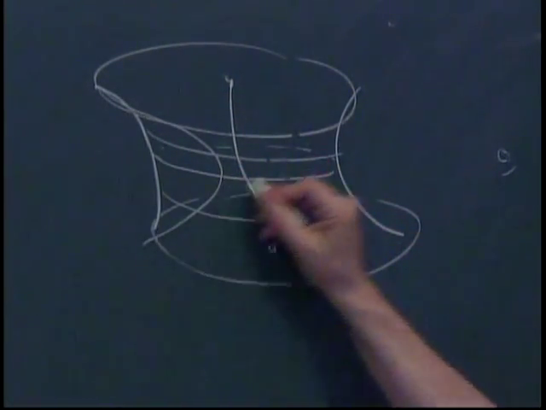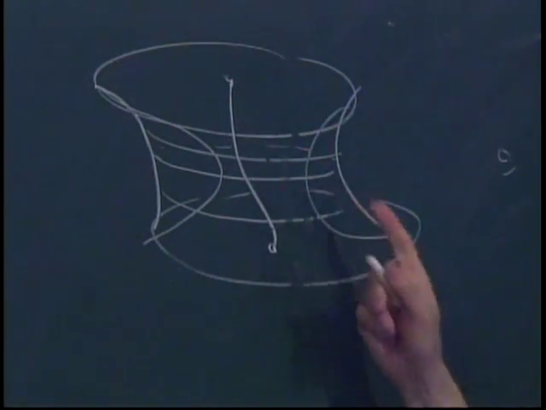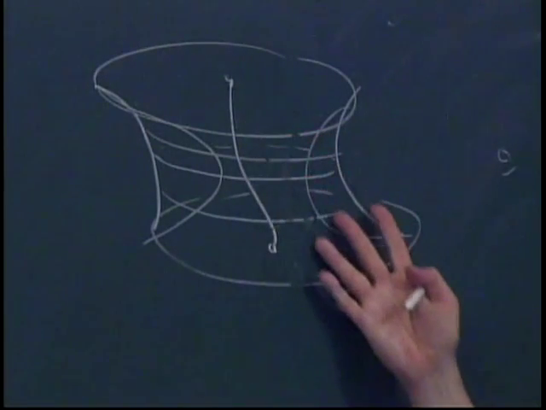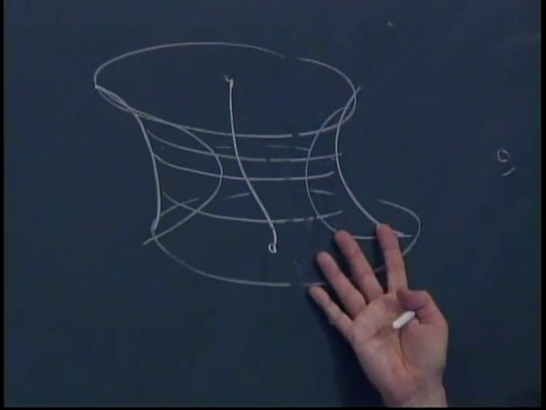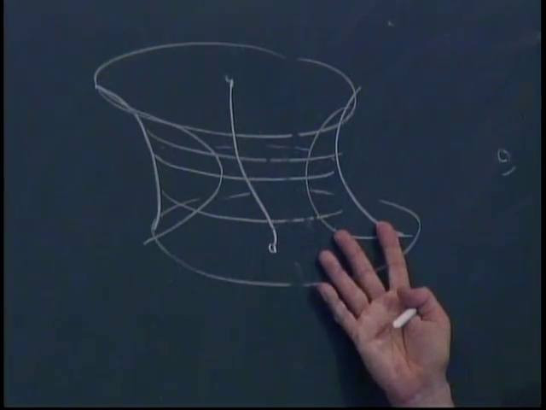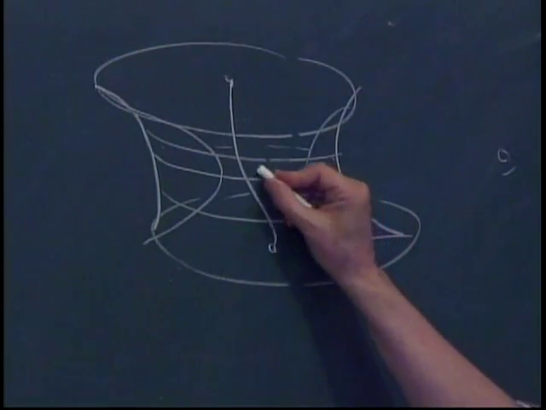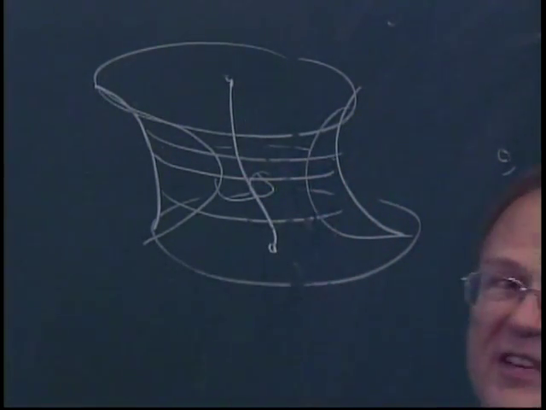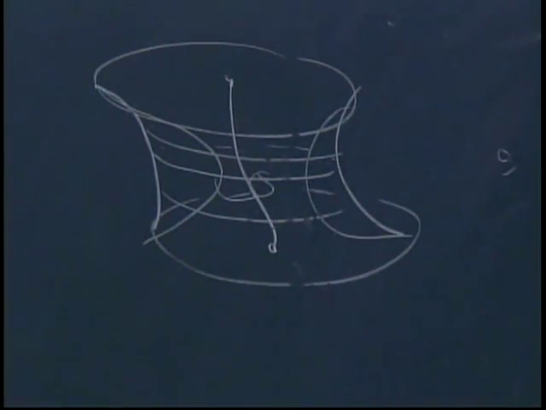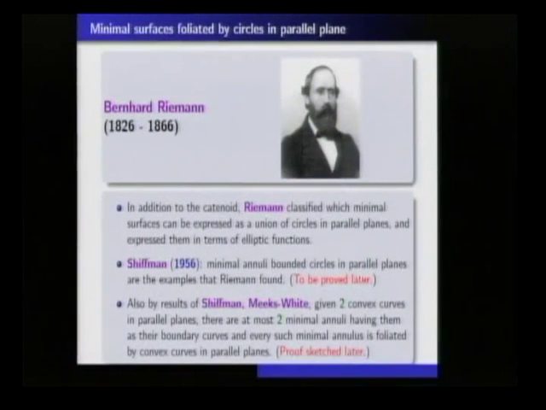In general, I have two of them, a stable one and an unstable one. But I can explicitly write those down in terms of complex analysis, in terms of complex functions. I can explicitly write down these surfaces. But if it's not an annulus, if I have some topology, I still don't know the answer. I don't know if I have a genus 1 surface bounded by two circles. People do not believe that those examples exist, but they don't know.